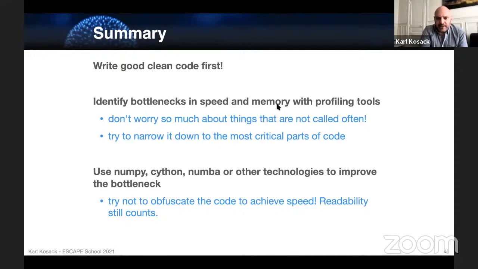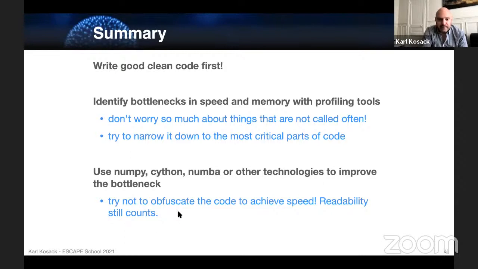So identify bottlenecks and then use NumPy and Numba. Sorry, I should have crossed out Cython; this is from an old slide. I'm going to talk about Cython actually in the demo, but it's another method of optimizing code. But I would suggest starting with NumPy and Numba first, only because now those are quite mature. When I first gave a talk about this a few years ago, Numba was not very mature and it was hard to install. But now that that's there, I think it's much the simplest choice. But I'll show you Cython as well because it's also interesting.